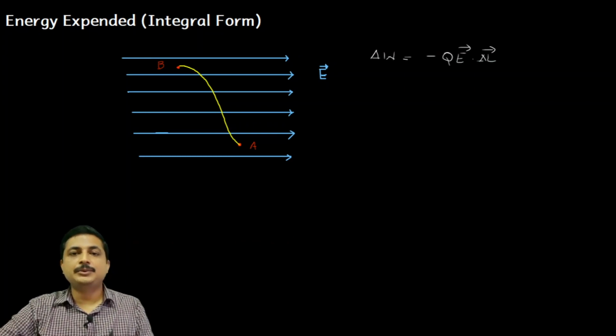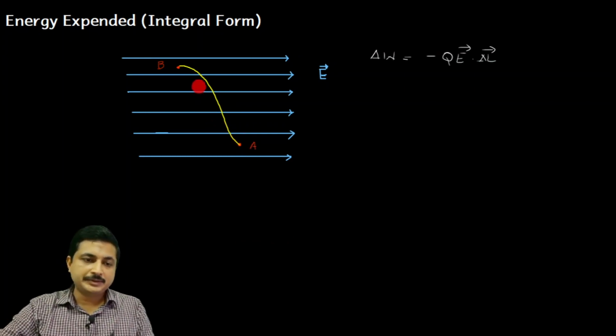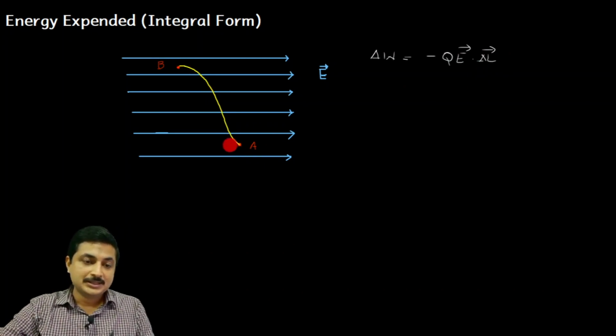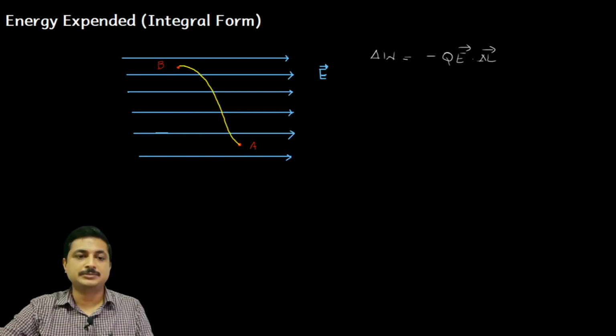Now, even though this path from A to B is very large, can I divide this path into many small paths? That is possible, right? From A to some distance, let me consider A dash. That much is my differential length delta L. So I consider that this entire path from A to B, which is assumed to be very long, I am going to divide into small differential paths, delta L1, delta L2, something like this. Let me mark that.